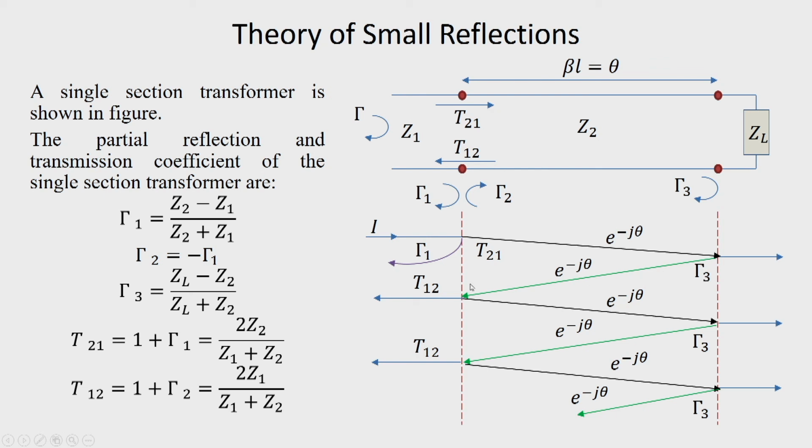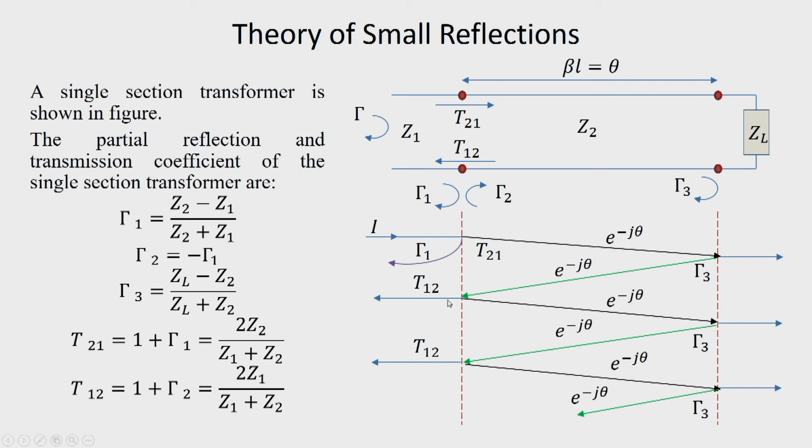So, it will become T21 gamma 3 e to the power minus j 2 theta, and then at this interface it will get reflected again, and we have gamma 2 as the partial reflection coefficient, and T12 will be the transmission coefficient